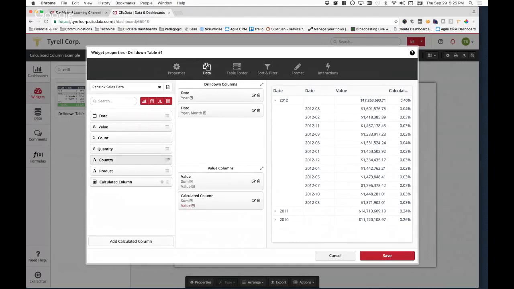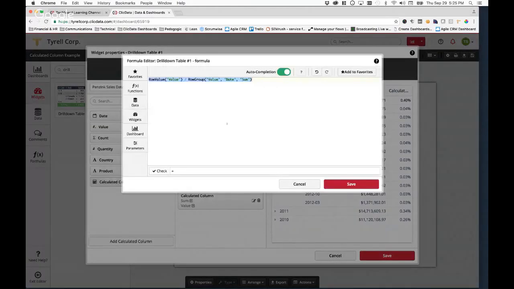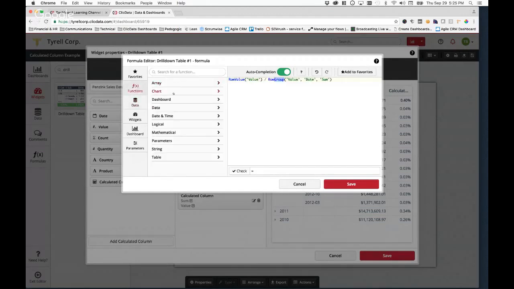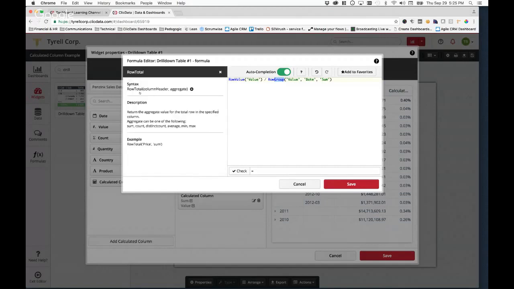Okay, there's a lot of other things you can do here. You can do row total for the whole. If I change this to row total, this would be the entire. Again, going through the help file here, if I switch to row total, then I don't need to specify which level I'm doing this in. I can just say, give me the whole total.